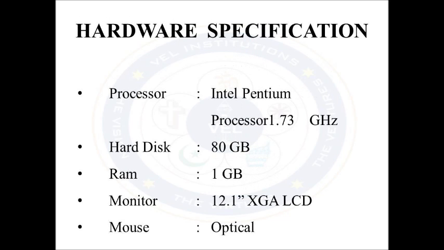Hardware specification. For the hardware specification, the processor is an Intel Pentium 1.73 GHz, which is enough. Hard disk is 8 GB, RAM needed is 1 GB, monitor is 12.1 inch, and the mouse is optical. That is enough for the project. And then next,